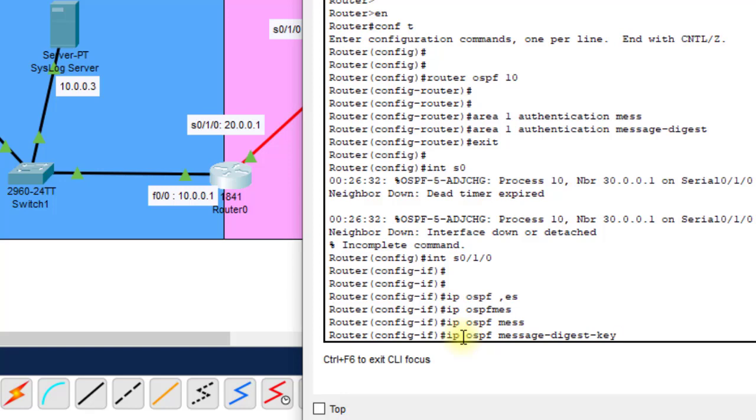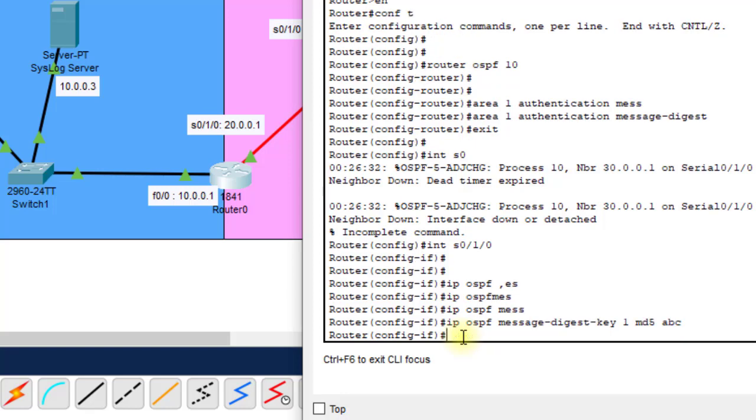So here I suppose I give the key as 1. Then we give MD5 with a name. You can give any name, so I am giving the name ABC. Then exit.